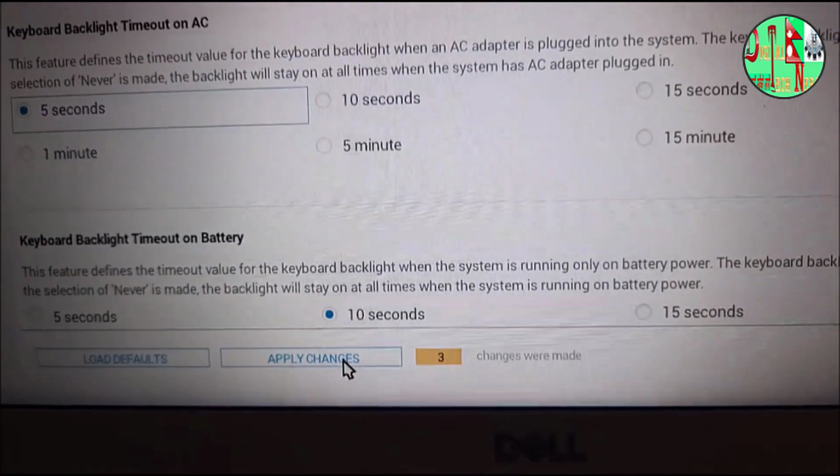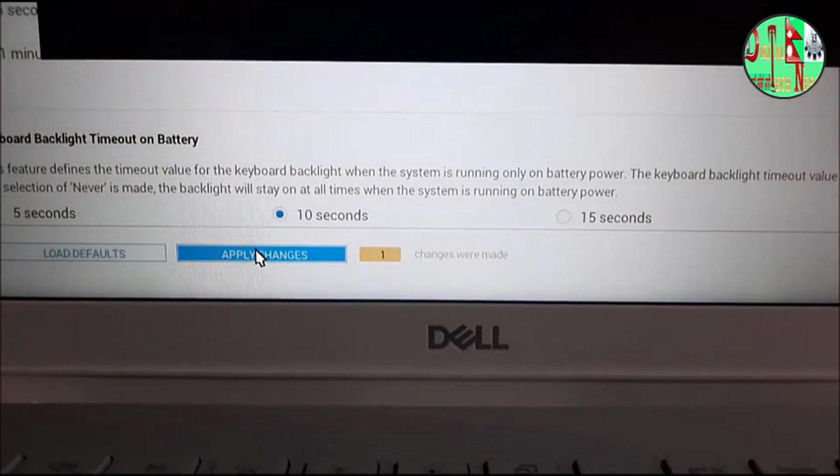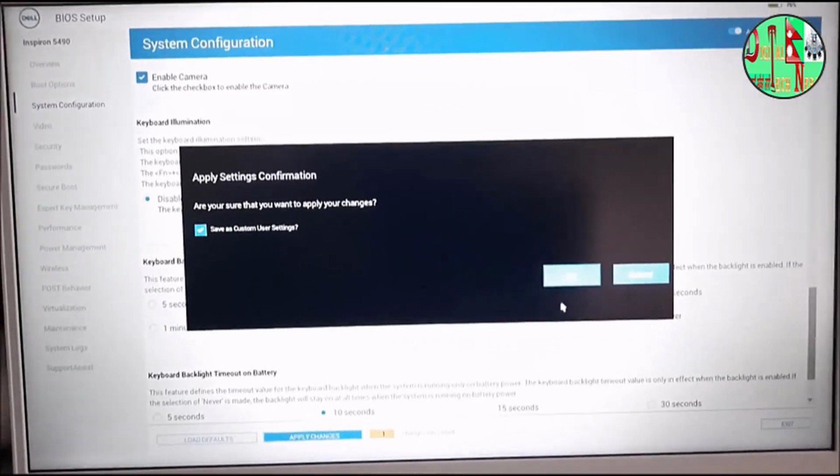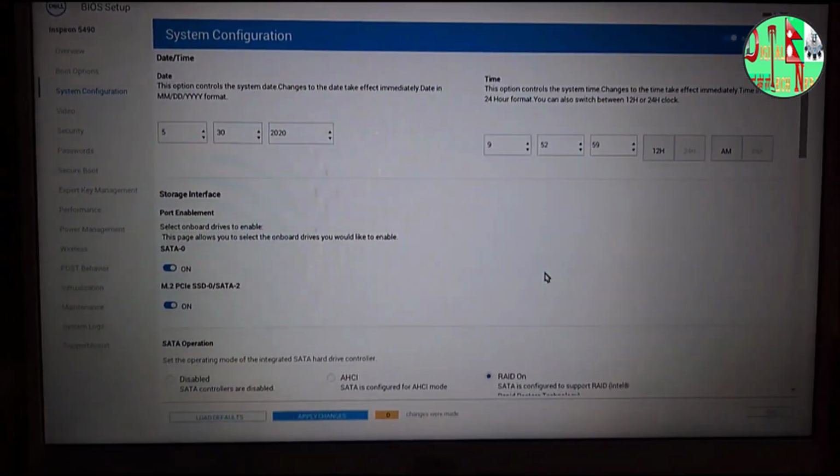Once you have done it, click on apply changes, and then click OK in this confirmation window. Then click on exit in the